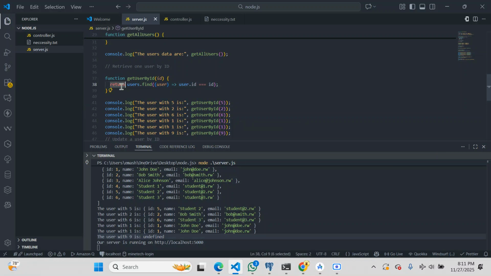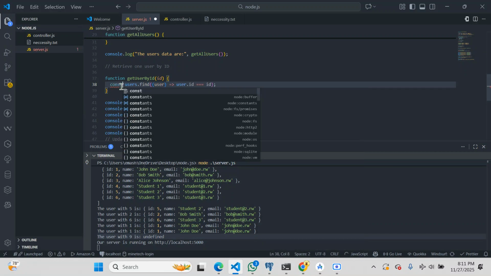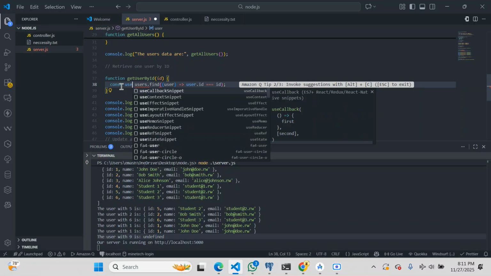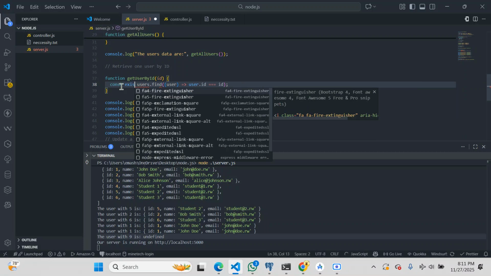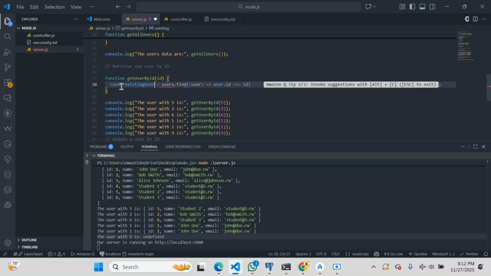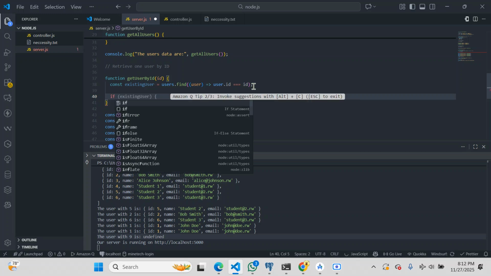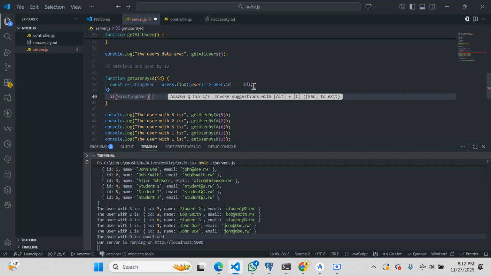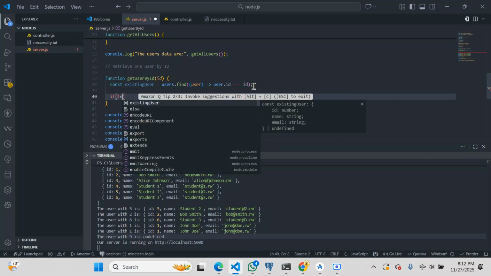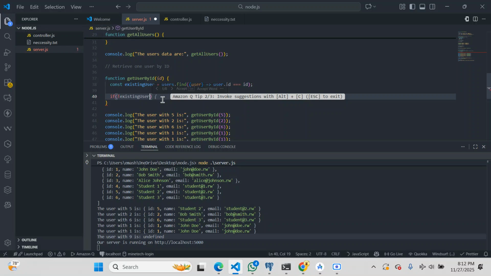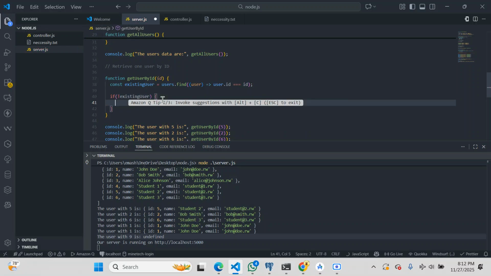So we can also make this simple. So we can do something like the existing user, for instance. Make the message clear. Existing user as a comment. So we can simply say something like this. If the user does not exist, if there is no user, we can return something like a console message. We can say the user like this one, the user